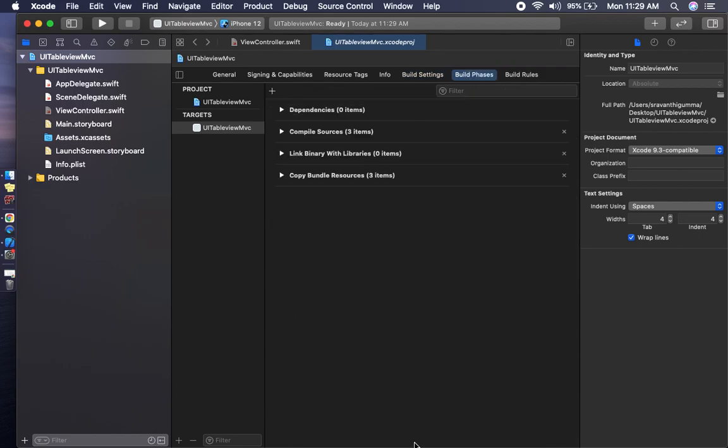In Build Phases, we have to give the dependency types, compile sources, link binary with libraries, and copy bundle resources. When you are using third party libraries, we have to add everything for that. In Build Rules, this is a main concept when we are using them. I will mention that also when we build the chart application.